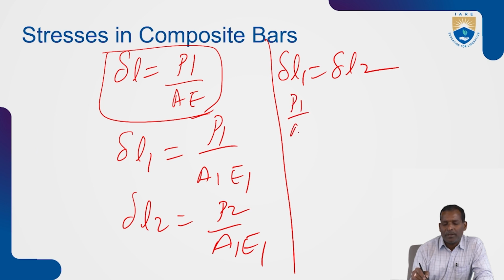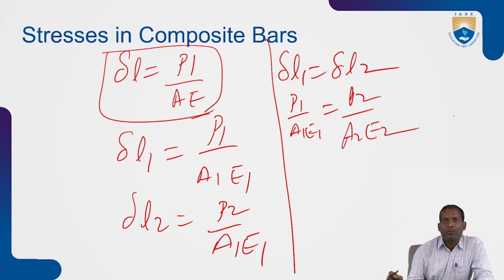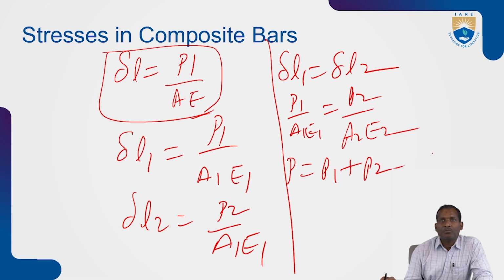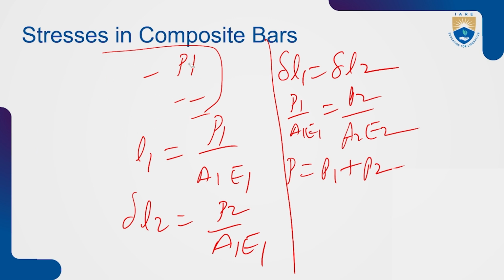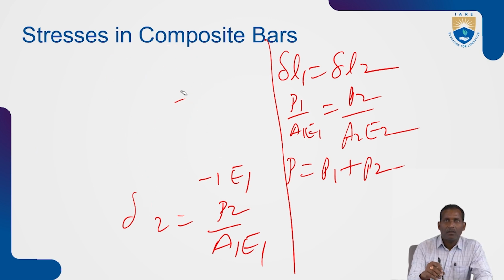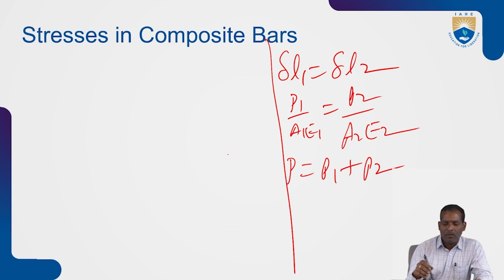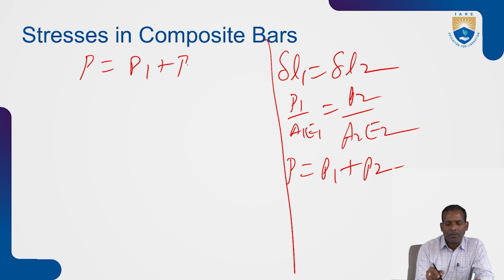So now write down P1 by A1 E1 is equal to P2 by A2 E2. The total load is equal to P1 plus P2. So now you can write the P1 value in terms of P2 and find P2. We will see this. Here, P is equal to P1 plus P2. But from this equation, P1 is equal to